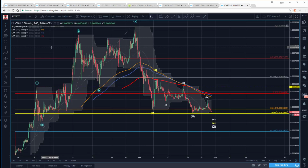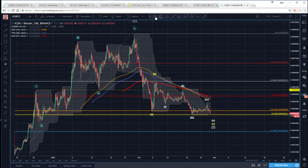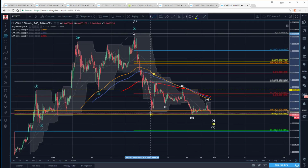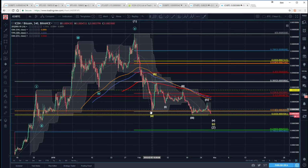So I'm here on a 4 hour. Let's just see if we can dial in from this level here. So if I take the swing high here down to the proposed A wave here, interestingly, we showed this last time on NEO as well, which I just did. So A wave goes right to the golden zone, right to the 618. Reaction, boom, there's the B. It doesn't quite get to the 50, gets right to the Vegas wave, and then we've